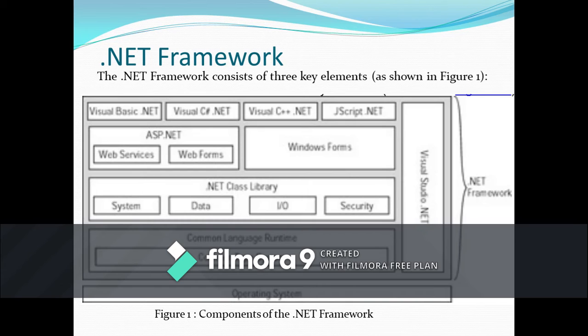And the developer, on the basis of these facilities, develops applications by using different languages like VB.NET, C#.NET, VC#.NET, VC++.NET, JScript.NET, and other .NET compatible languages. This is all shown in this figure 1.